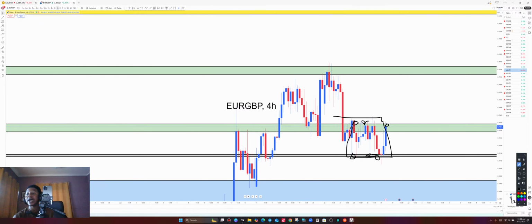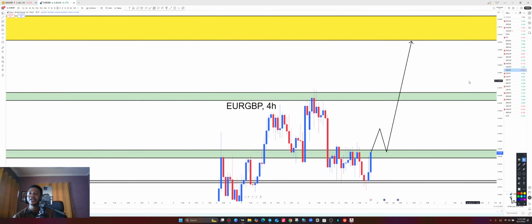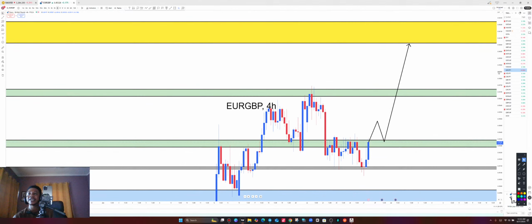So as a range, we cannot buy now unless we see price break above. We need to see price break above this resistance level as a higher high, then it drops down for a higher low, then we can go again to the upside in that manner. So EUR GBP, this is also a full and complete technical analysis. Price must break above the equal highs of the 4H, retest it as a higher low before we can buy. All right, so that's also for EUR GBP.